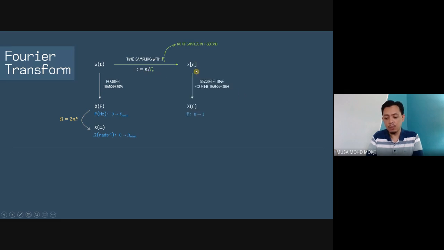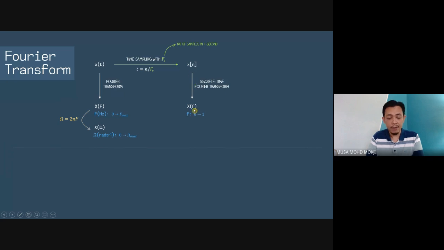So when you do a Fourier transform, when you want to transform this time domain signal into a frequency domain signal, for discrete time we do the discrete time Fourier transform. That's how we differentiate. We just call it Fourier transform if it is for continuous time. We call it discrete time Fourier transform if we are doing it on a discrete time signal. So that's how we differentiate. This is actually our focus this semester, not this one, which is from previous.